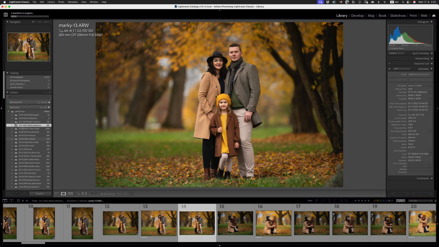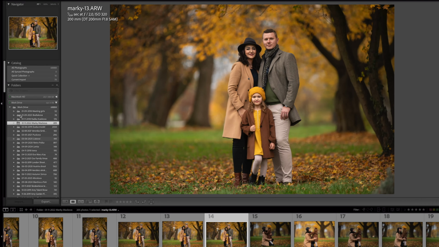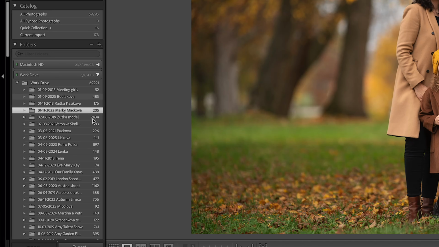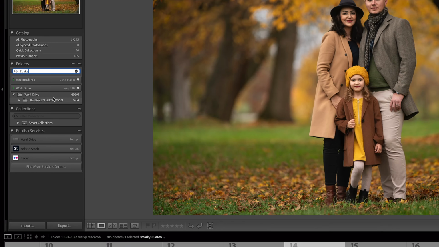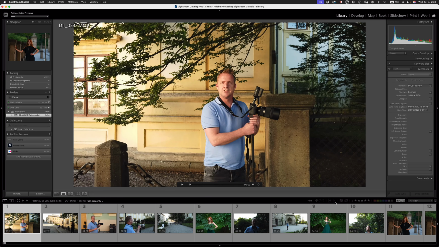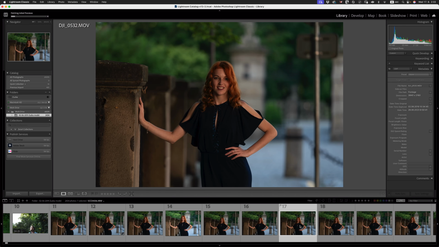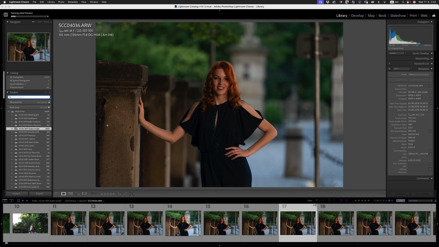Now, again, you'll see here, everything is by date and by client's name, and this makes them very searchable. If I want to go and search out a particular client, like for example, Susan or Zuzka, I'll type in Zuzka, and there is our model shoot right there, and all of her images are in one place, and you'll see that it's also by date and by name. It makes it very, very easy to search for your client's images inside of Lightroom and also via your operating